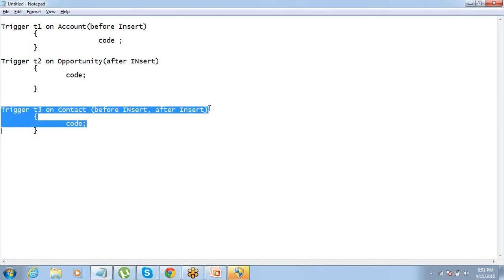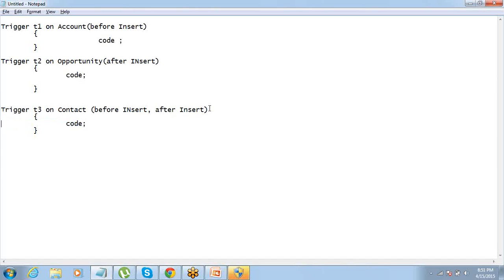So whenever you are defining a trigger, you know which object you want to create the trigger on, so you should just define the name of the object. You know what event you want the trigger to be called on, define the event here, give the name of the trigger, and the code part is something that we can define as per our choice, whatever we want to do. If on creation of an account you want to go ahead and create an opportunity, that's your choice.